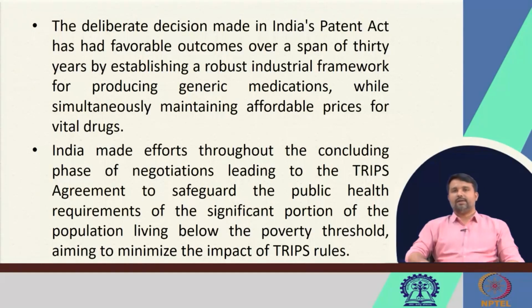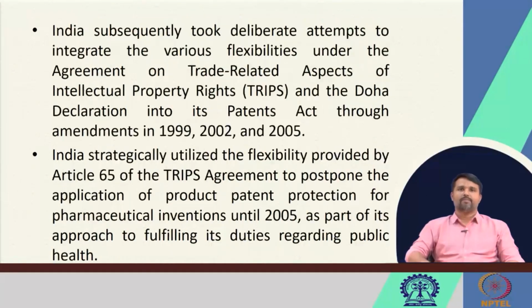The deliberate decision made in India's Patent Act favored the generic industry in India. Because of this, the generic industry thrived in India. But after the acceptance of the TRIPS agreement, India had to change the rules and make product patents also available for the pharmaceutical companies. India subsequently took deliberate attempts to integrate various flexibilities under the agreement and the Doha Declaration